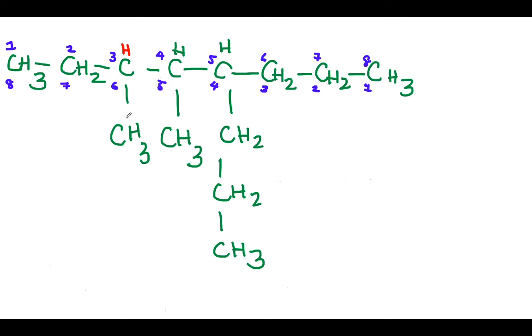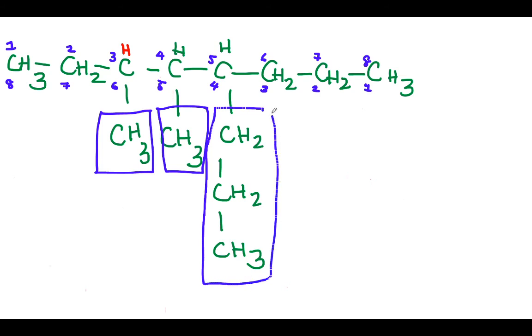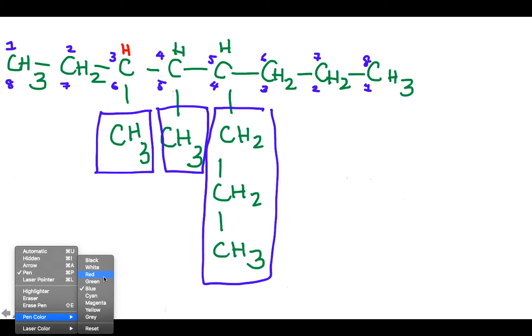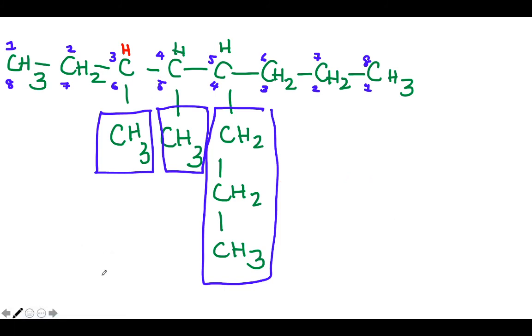And what's right is going to have the lowest possible sequence of numbers, right? So this side group here could either be attached to 3 or 6. And this side group here could be attached to 4 or 5. And this side group here could be attached to 5 or 4, right? So clearly, in my numbering system from left to right, my side groups would be on 3, 4, or 5. Whereas if I go from right to left, it would be 4, 5, and 6, right? So I want the naming convention that has the lowest numbers possible.